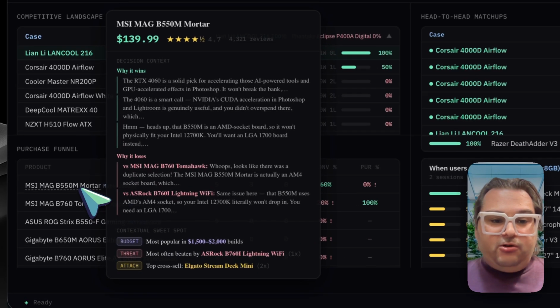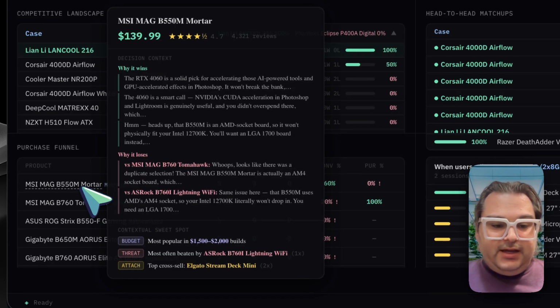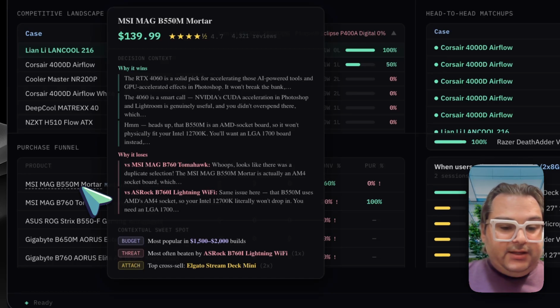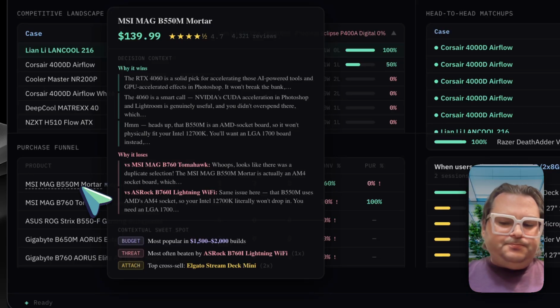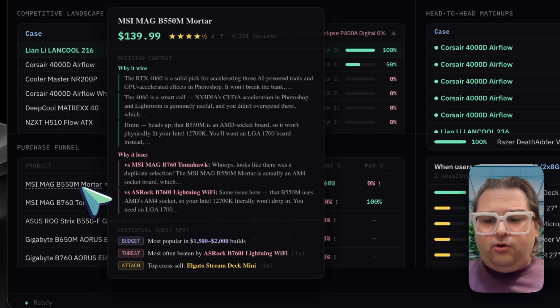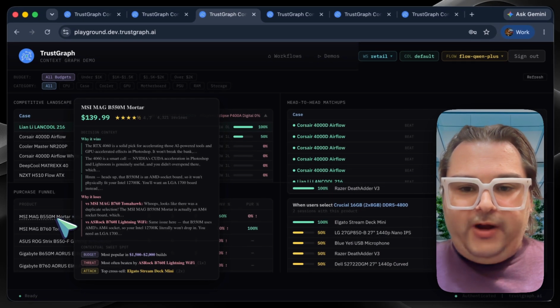And we can even start summarizing this with decision context. And then we can even see that this particular product was most popular in a particular price range for a build. We can see that it was most often beaten by that product. And then we can see the most popular cross-sells. Really, really important information if you are a retailer or a brand. But you're thinking,